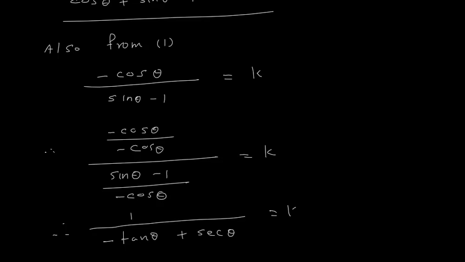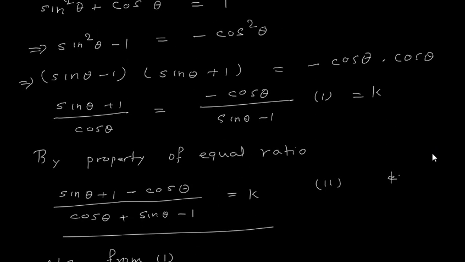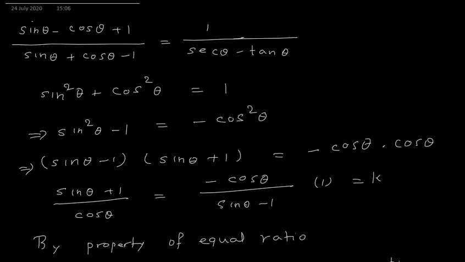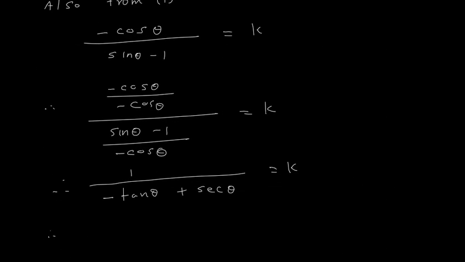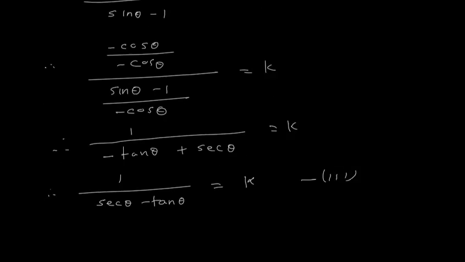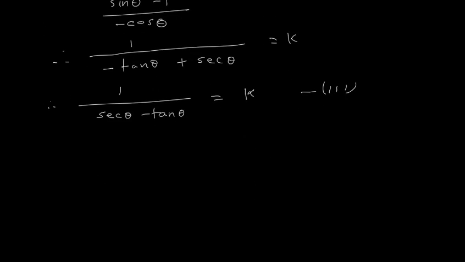This is k. So what do we have to prove? We have to prove that 1 upon sec theta minus tan theta should be on the right hand side. So therefore 1 upon sec theta minus tan theta is equal to k. This I will consider as equation 3. So from 2 and 3 I will say that